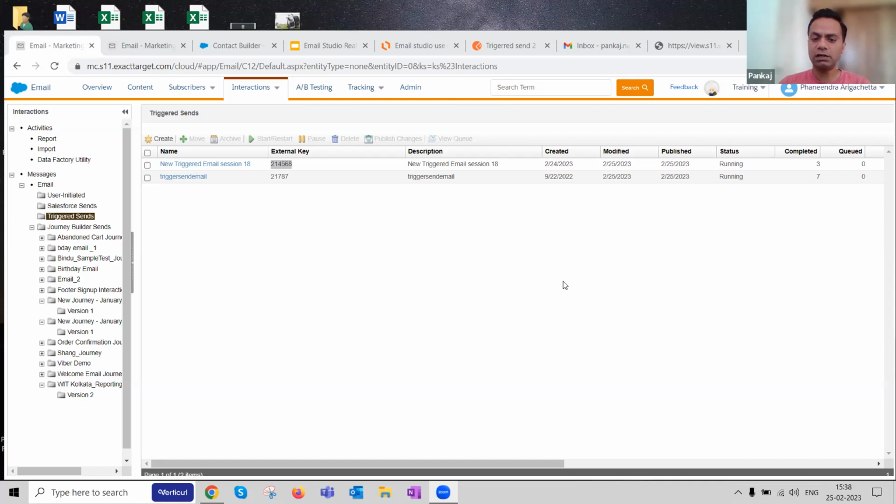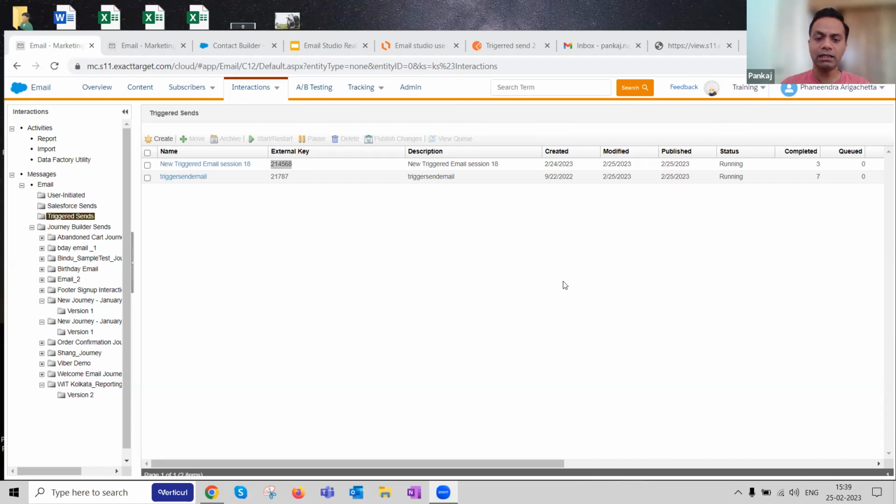Deliverability of emails. You're referring to your previous question, how we are tracking the events of emails, right? If that is my understanding, then certainly there are multiple ways in which you can see the different metrics like opens, clicks, deliverability, bounces, everything you can track. Specifically for deliverability, you can use data views. There are multiple data views with the help of which you can track that and export it. But that requires some SQL experience.